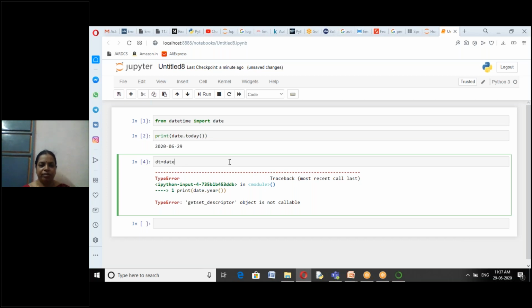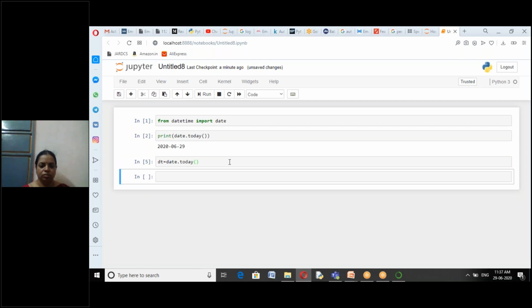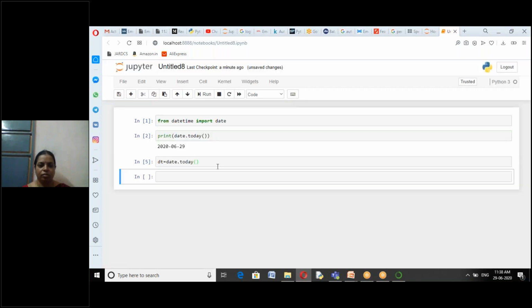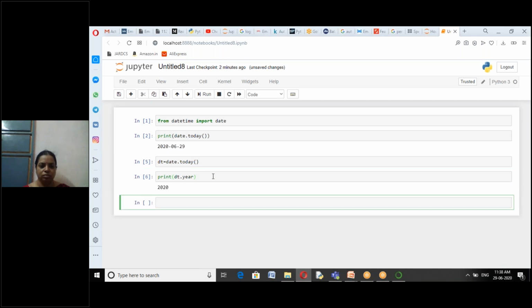We'll create an object, then we will perform that. Print dt dot year. From the object only you can get these variables.